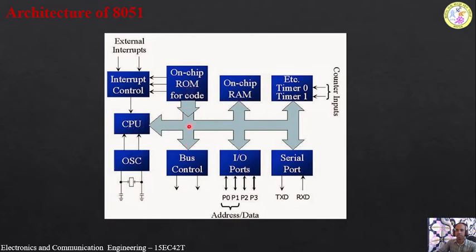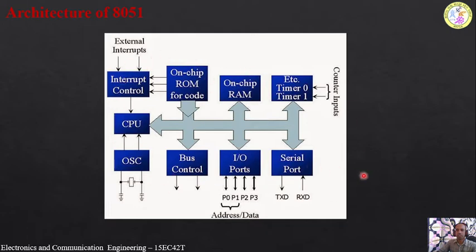So from the ROM, the data is moving like this, that is, the instructions can be fetched by the CPU. Whereas RAM is bidirectional. Either we can store the data into the RAM because of this arrow mark, or we can take the data from the RAM like this. So this is how bidirectional and unidirectional buses are there. This is how the CPU can interact with all of the blocks present over here.